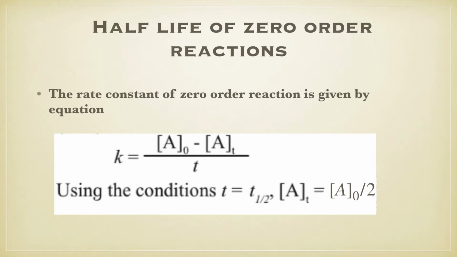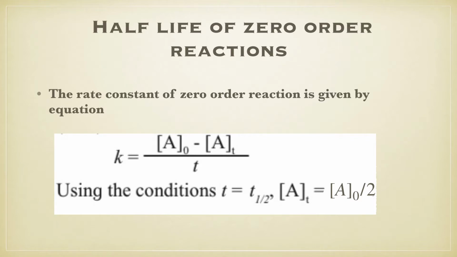Now, as you know, the zero order reaction is given by this equation. Now I just have to change the condition. Half-life means when half of the reaction is completed, so the time taken to reach that half stage is said to be the half-life period. For example, if a reaction completes in 100 minutes, what will be the half-life? That is nothing but the condition at t is equal to 50 minutes. That is the half-life of that reaction.